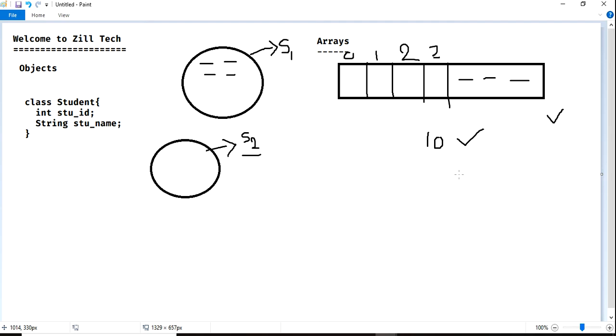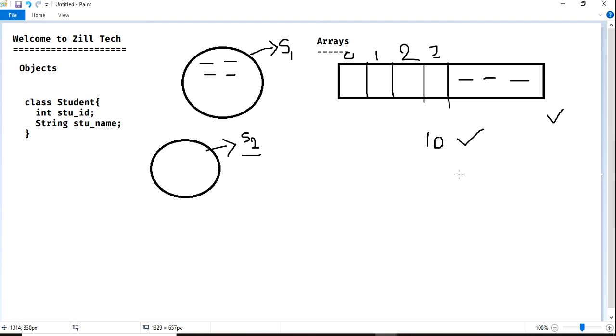In an array, if you want to place any element in between, in the last, in the first, any place, that is not allowed, because arrays are fixed in length. And if you want to perform searching, sorting, or anything else, you need to write your own logic.